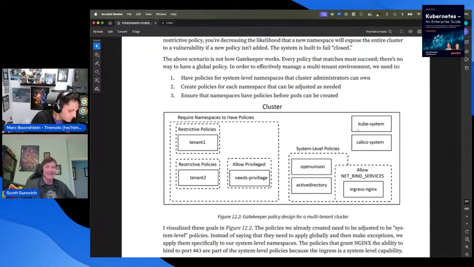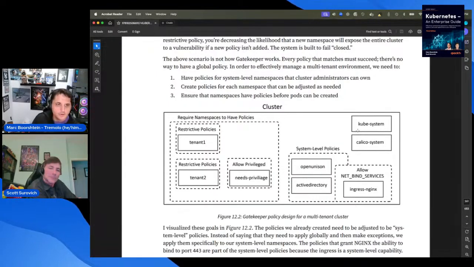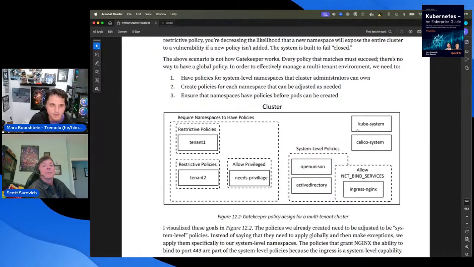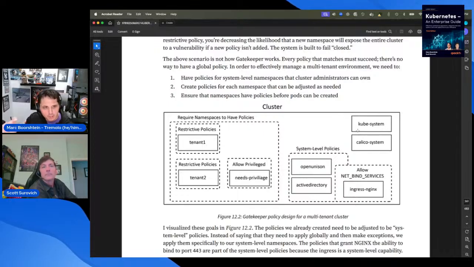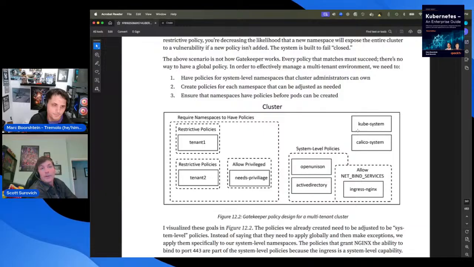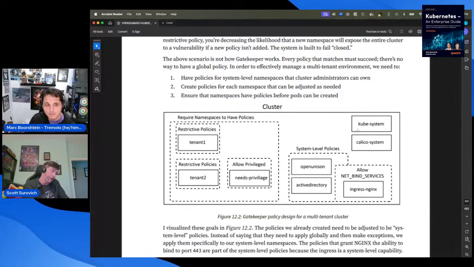Okay, so instead of creating a global policy that we can then open up exceptions to, it's kind of the same as the RBAC problem, right? We're enumerating everything. Instead of creating a global policy that we create exceptions for, we're going to create policies for each individual tenant namespace. And if those policies need to be changed, we change it at the namespace, not the global level. Other than being a lot of work, what do you do with new namespaces? Right, so automation. Definitely automation, and especially that new one.